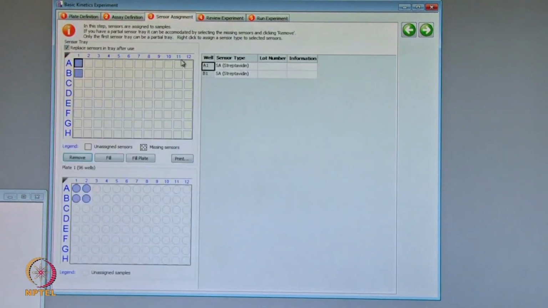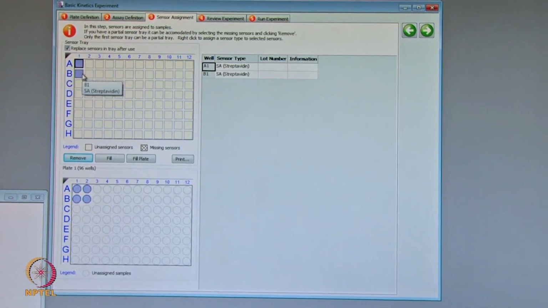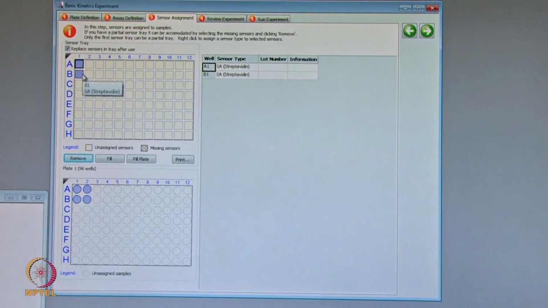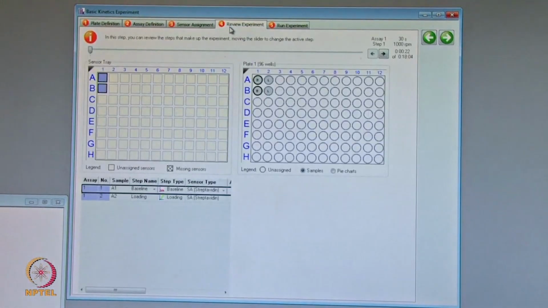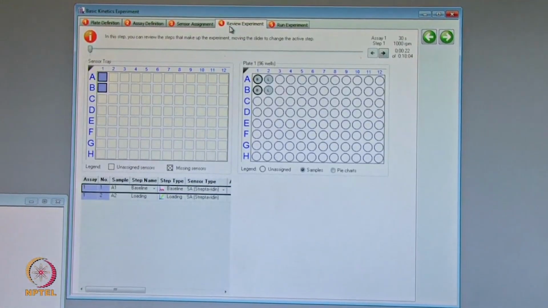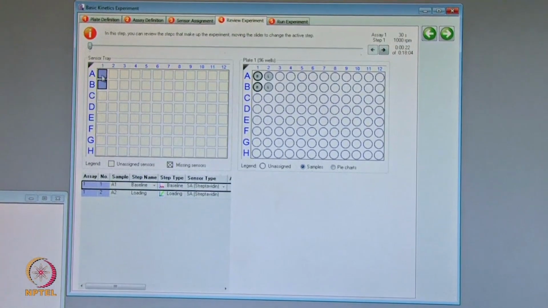The sensor assignment is where you have kept the sensor. In the sensor compartment we had kept a sensor, at A1 and B1. By default it is showing. If it is somewhere else in the tray, we have to assign that. In the review experiment, whether my methods are fine or not, we can test it. The first step is the sensor has to be picked from A1 and B1. It is going to the